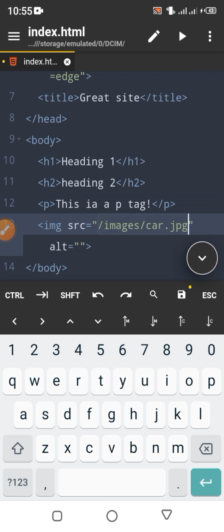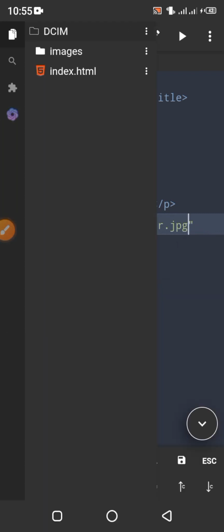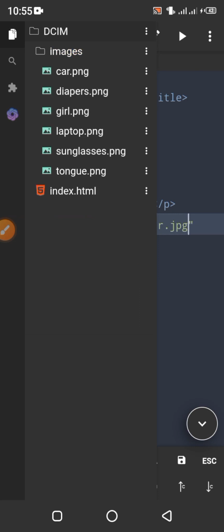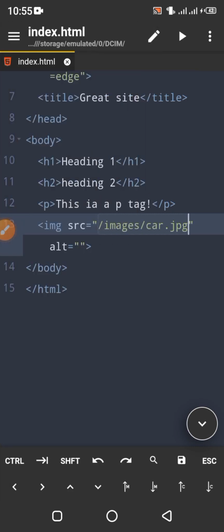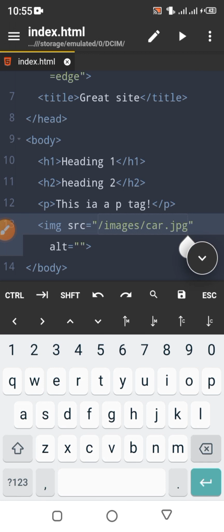I think it's jpg, but I'm gonna go look it up. Okay, let me check. I have car.png. Okay, car.png. Alright,